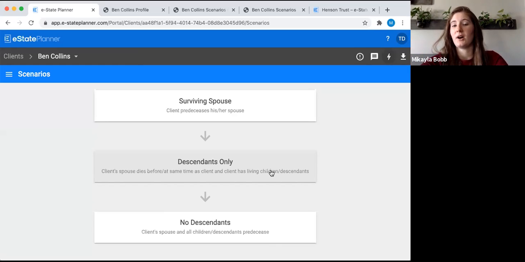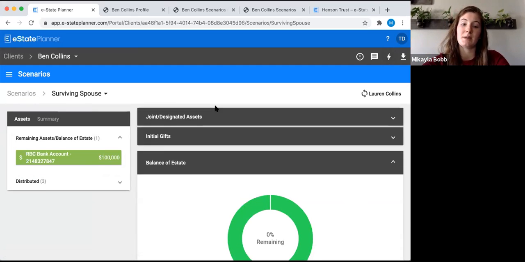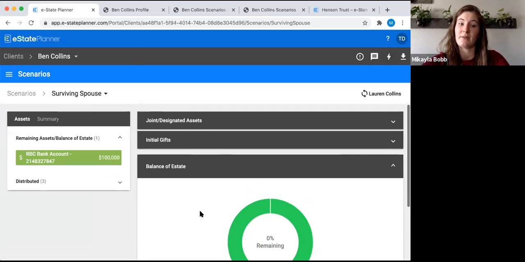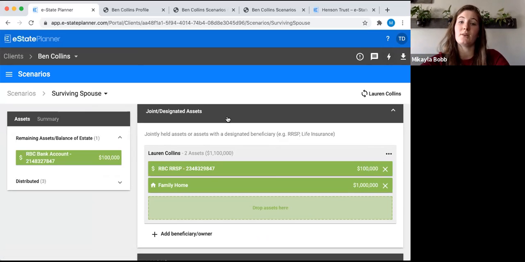But even if it's not, even if it's more complicated, it gives you a start. So now we're going to click on surviving spouse, and it's not empty anymore because we ran that e-plan. There are sort of three sections in each scenario that you go through. The first is joint designated assets. This is where any joint or designated assets go,